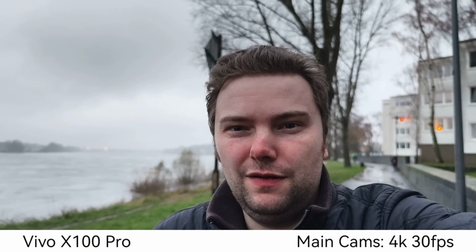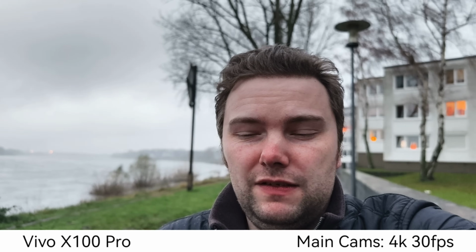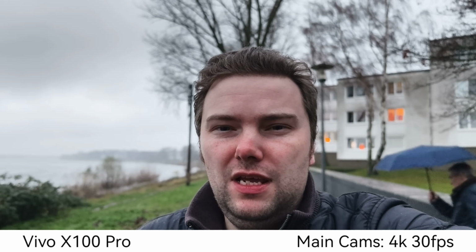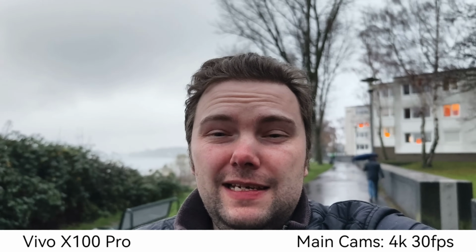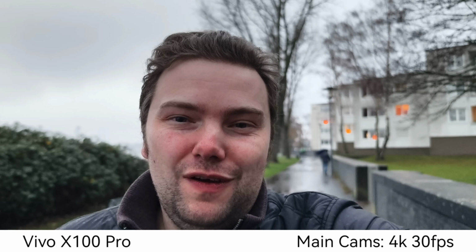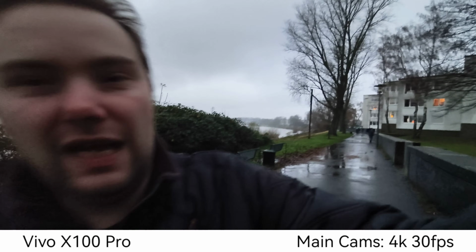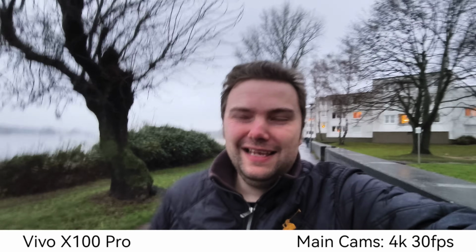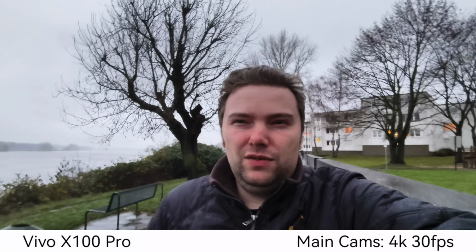And now the main highlight on the Vivo X100 Pro, the 1-inch type sensor that we have here, gives us a nice background blur, and even in this dim-lit rainy day situation, I think a nice picture quality. What do you think about this one here? The cool thing here is that Vivo finally has the possibility to switch between all the camera lenses. So if I go here and have now a button instead of a slider, I can go to the ultra wide angle. And you can see that I'm carrying a parcel bag, sending back the Oppo Find N3 Flip to